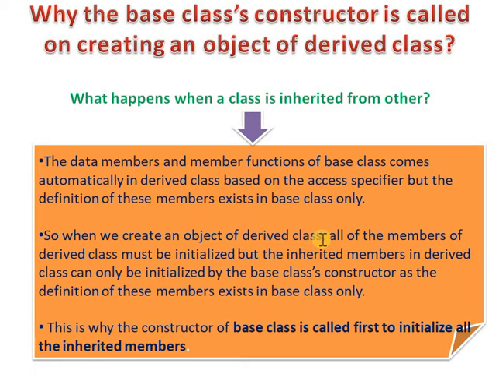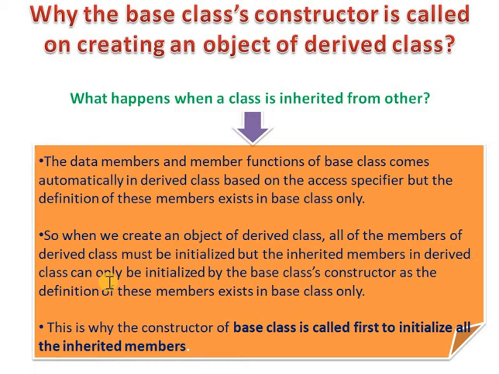We are not creating the object of a base class. We are creating the object of a derived class in the main function. At that time, all the members of the derived class are initialized to that object. But the inherited members in a derived class can only be initialized by the base class constructor, at the definition of that particular